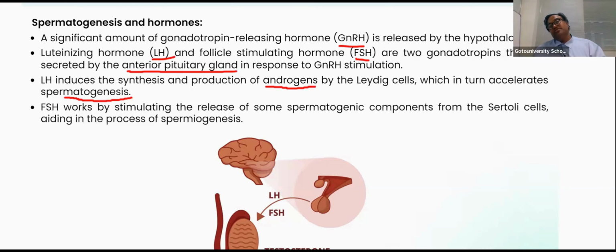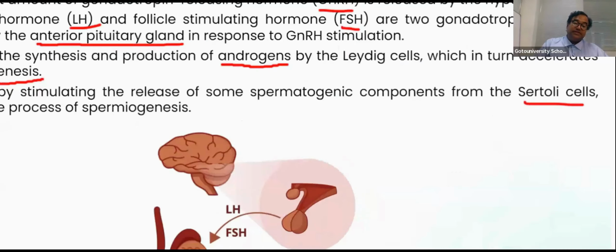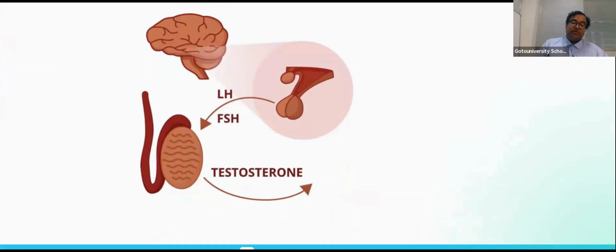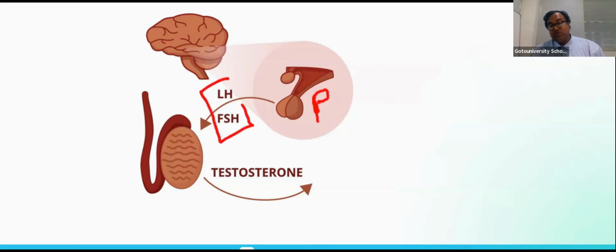So the continuation of that is exactly appearing in this particular slide. We know very well the Sertoli cells are mainly responsible for nourishing the sperm cells, right? So that is a message we need to understand, right? So if you're talking about it, we already told you, this is the pituitary gland. Okay, in the CBSE board exam, they'll ask what this gland is exactly. Pituitary gland, and that too the anterior lobe of the pituitary, making the LH and FSH, together we are calling them gonadotrophins. If it is influencing the testis,